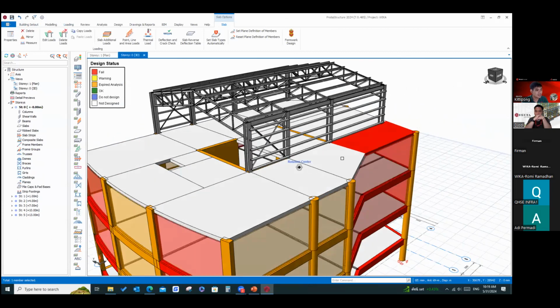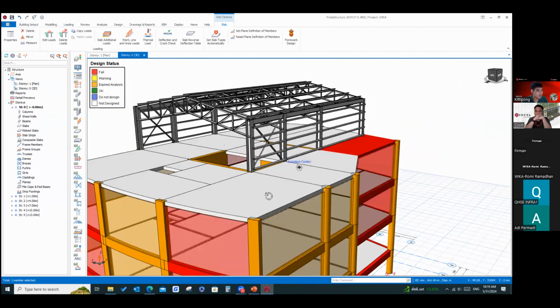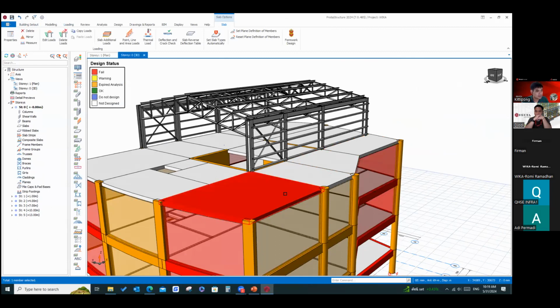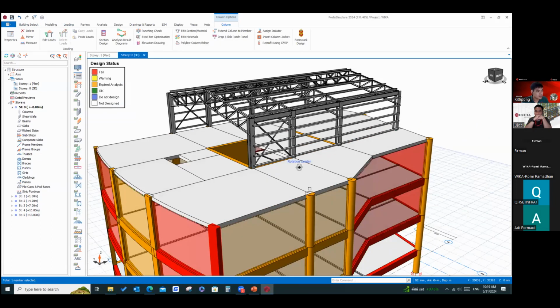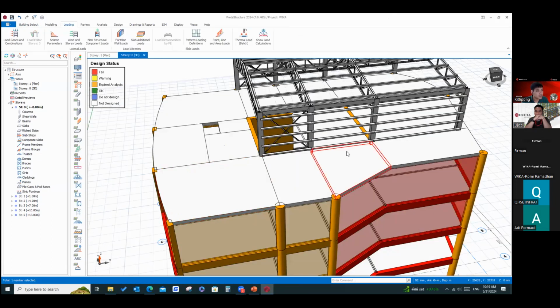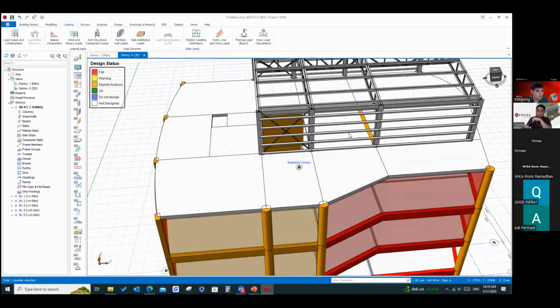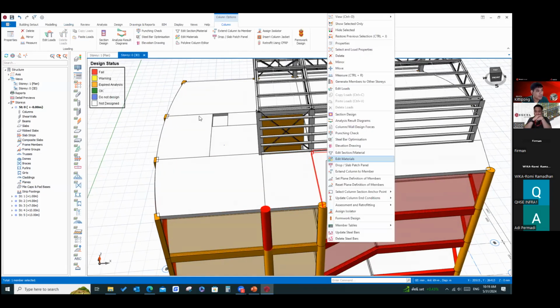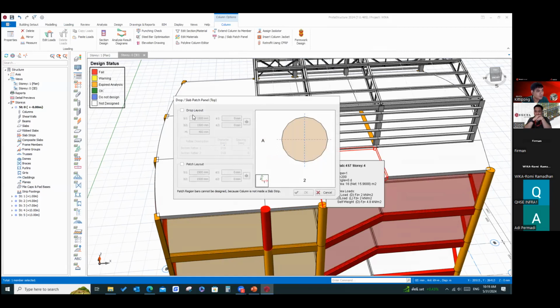How about the drop panel? Can we add it at the bottom of the slab? Yes, we can add it on top of the column. We do have drop panel.